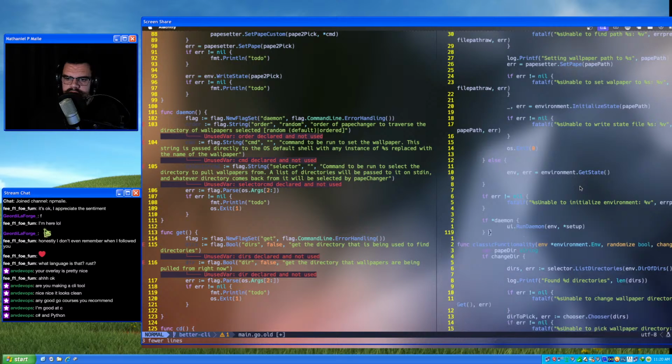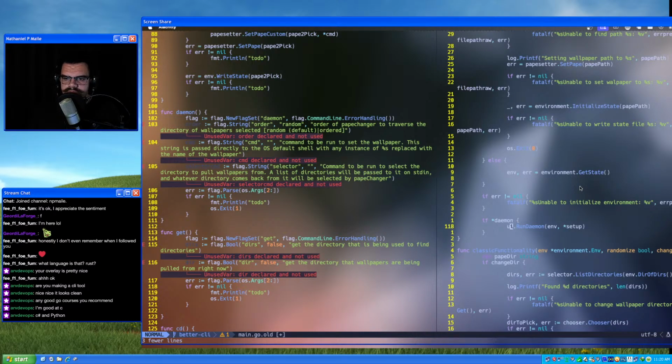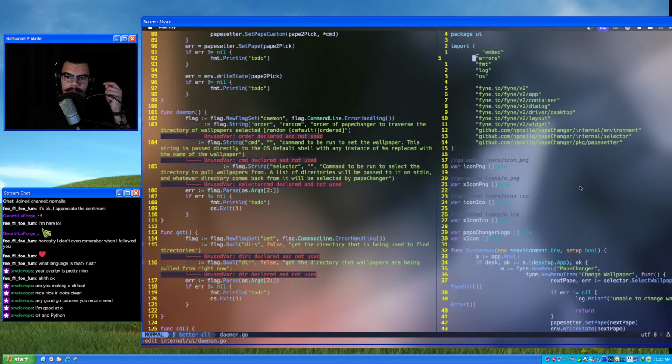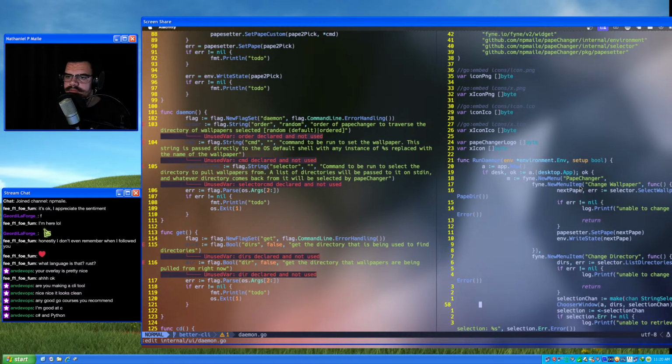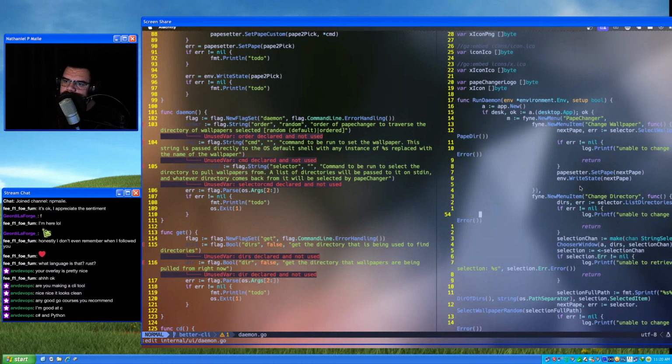So let's get rid of that. So let's see. Let's just find that. Daemon takes in environment and a setup argument. I forget what that setup argument does.